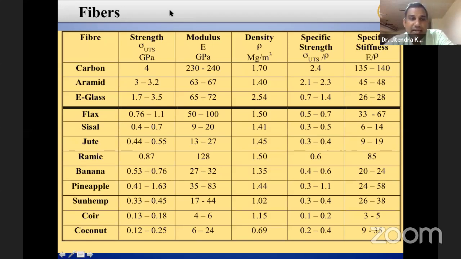You can see carbon has a greater strength in terms of strength, modulus, and density also. And these are the natural fibers like pineapple, sunhemp, coconut, jute,